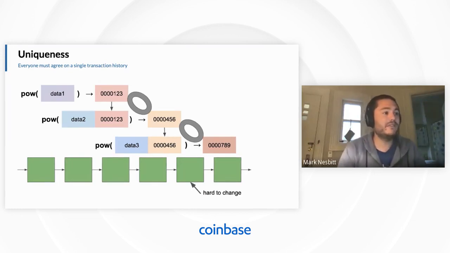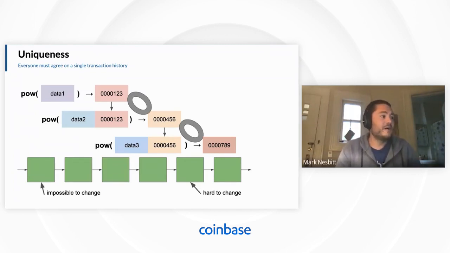So what this means is that if you do this with blocks, and each block has to have a wildcard where you've iterated over the wildcard in order for the block to be considered valid, it becomes difficult to change these blocks. The block that's second to the top might be hard to change, but the block that's buried even further is essentially impossible to change because it's buried under so many iterations of this process. And changing the one on the left means you have to rewrite all of them and find the wildcards to all of them.